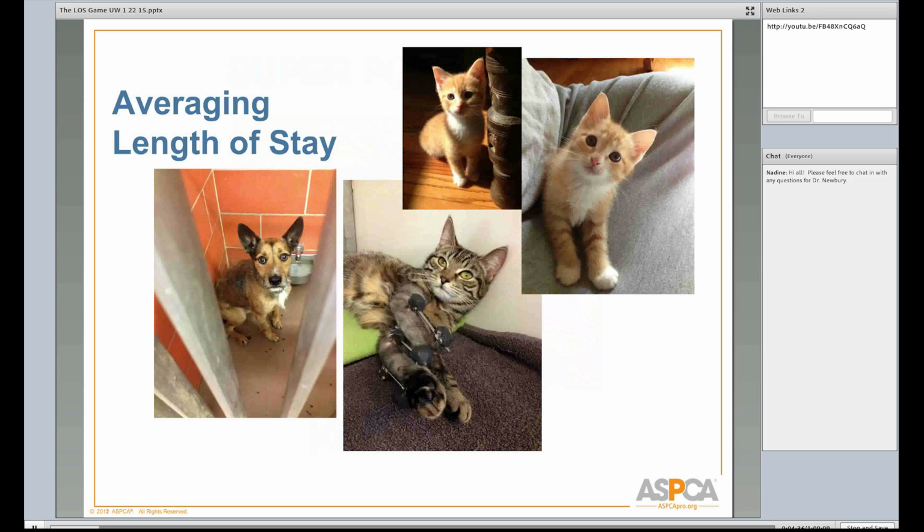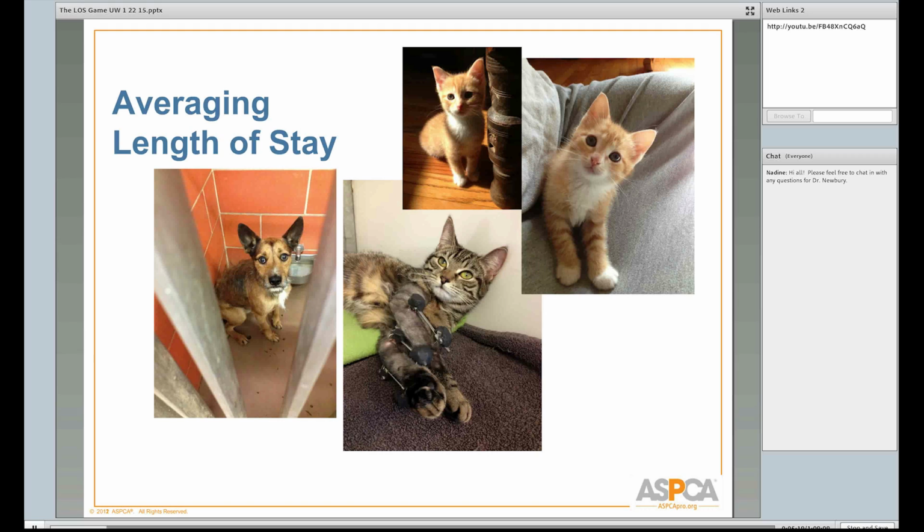Why do we talk about average length of stay, and what does that really mean? It's important to think about that when I'm talking about an average length of stay of 4 days, I'm not saying that that's a time limit for all the animals in that shelter. I'm not saying that every animal should come in and leave within 4 days. What I'm saying is that we should never waste time for any individual animal, and each individual animal should get just the amount of time they need to get the best possible outcome for that animal. And when we think about averages, what that usually means is some animals are going to spend less time, while other animals are going to spend more time.